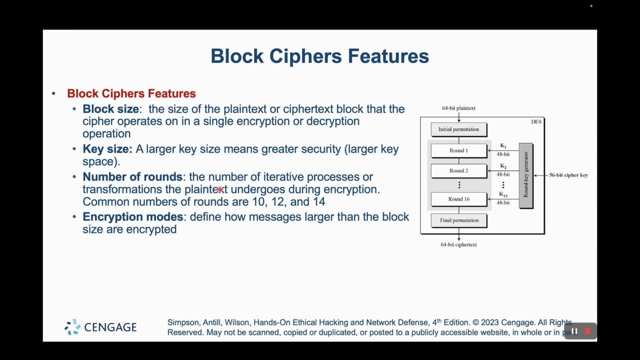Now, the number of rounds is basically the number of iterative processes or transformations the plain text undergoes during the encryption. The common ones could be 10, 12, or 14. Multiple rounds are used to increase the diffusion and complexity of the encrypted data, providing resistance against different types of cryptographic attacks. However, like key size, adding too many rounds can introduce unnecessary computational overhead without significantly